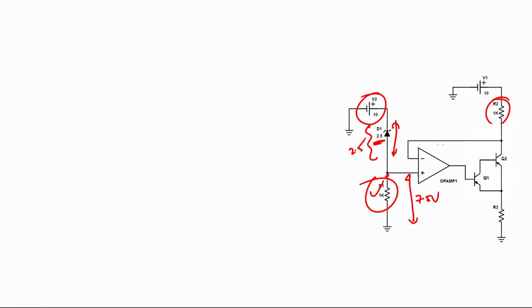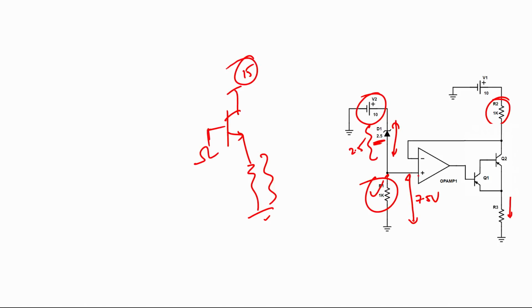what is the use of the op amp? The purpose of the op amp here is to maintain a constant current across your R3 resistor. How? If I take a simple transistor, and the transistor is in the on condition, the voltage drop across it entirely depends upon the voltage that you apply and the resistor. And if the resistance value is higher, the voltage drop across it will also be higher.